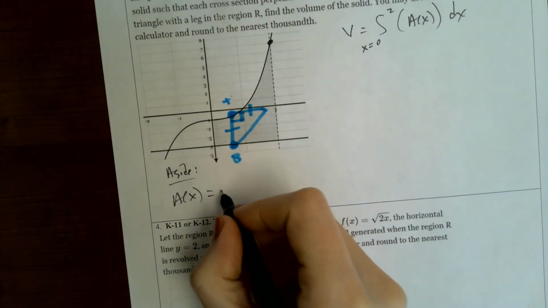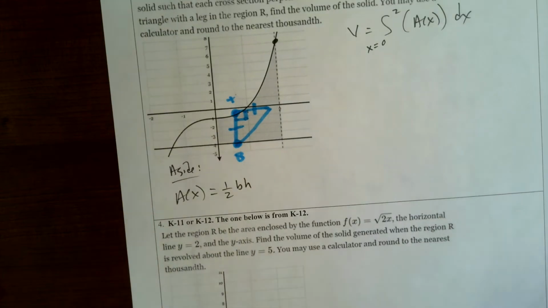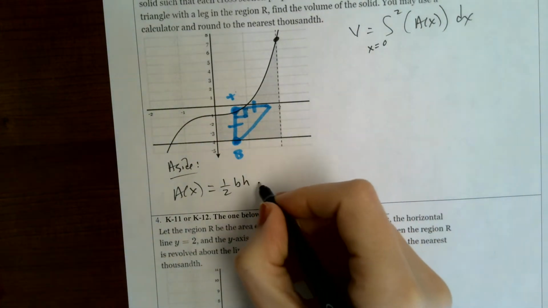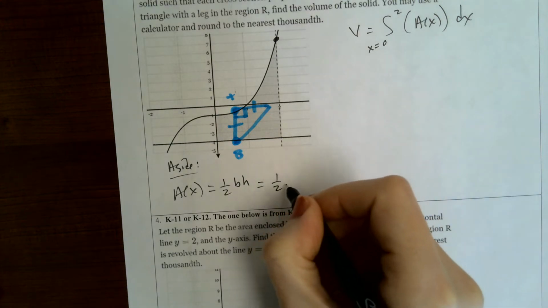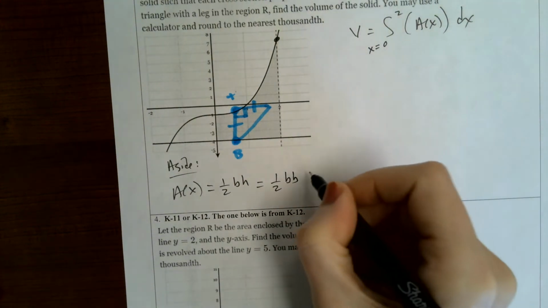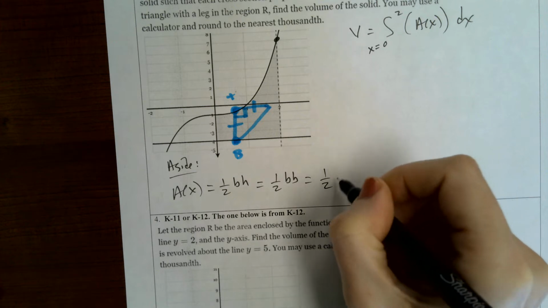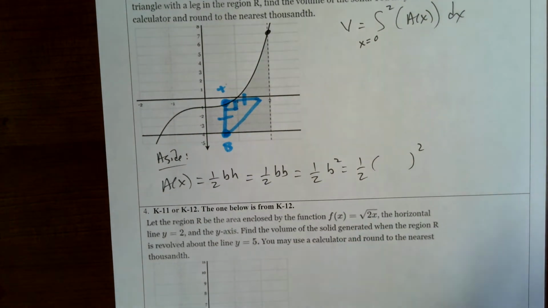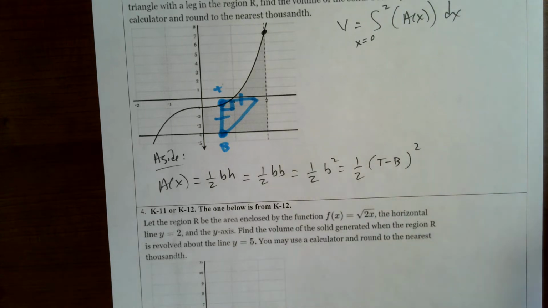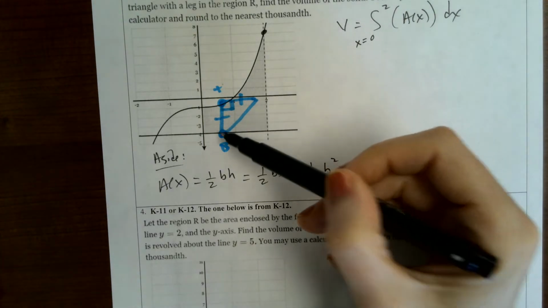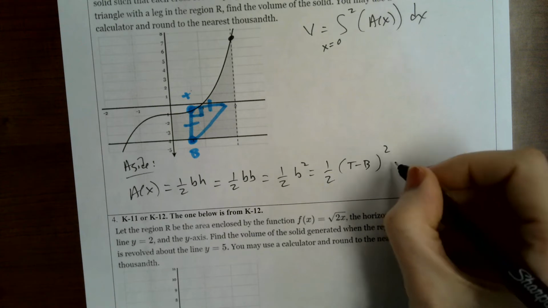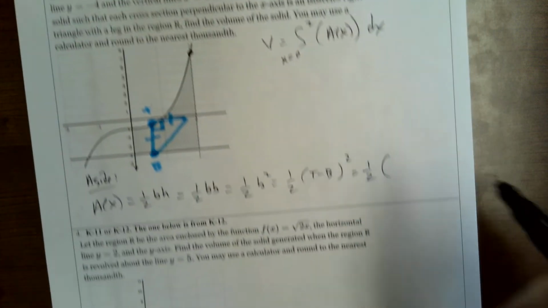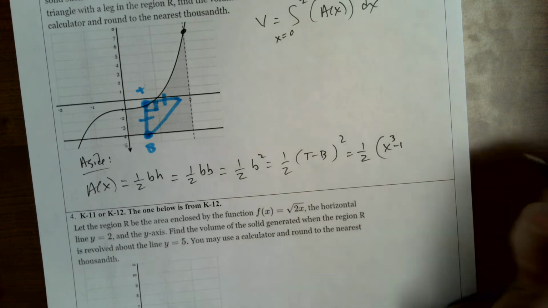Now for a regular triangle, that's the area, 1/2 base times height. But for an isosceles right triangle, it's 1/2 base times base because the base and height are the same. So 1/2 base squared. So guys, to get the base, you've got to do top minus bottom because this is the base. Okay, so in this case, the top function is f, x cubed minus 1,